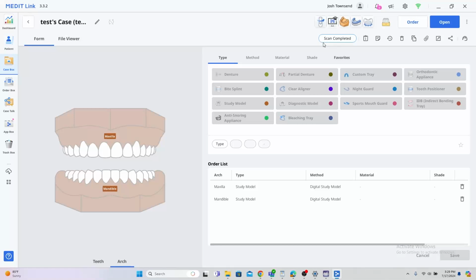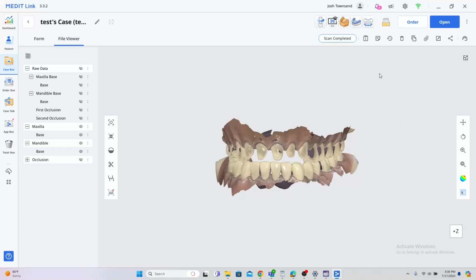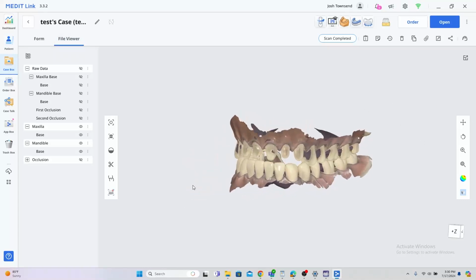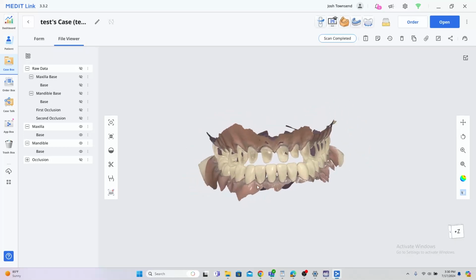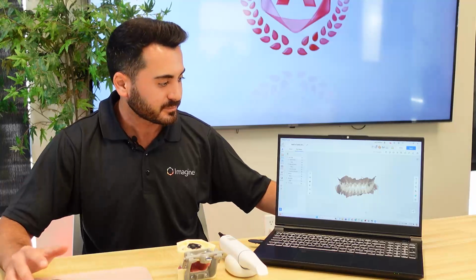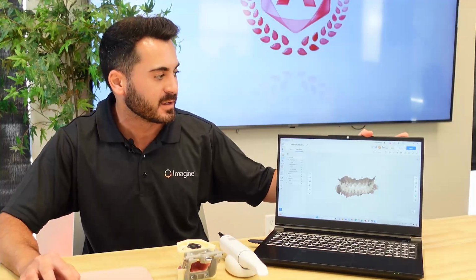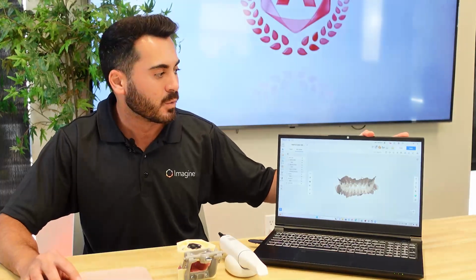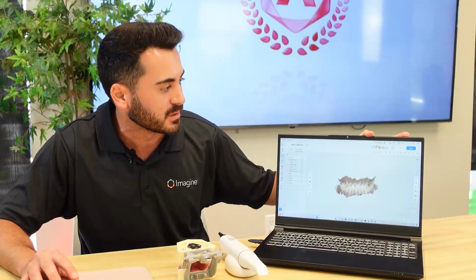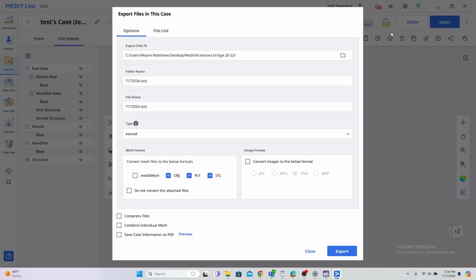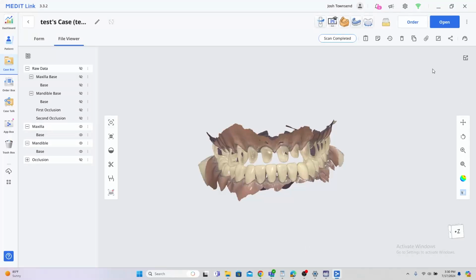And only once you see scan completed can you then go to your file viewer and view your processed scans in a higher resolution as opposed to your raw data during your scanning process. Here, you can confirm that all your data is appropriate, you've captured everything you need. And once you've confirmed your scan data, you have two options. One would be to either export the data locally to your PC, or you can actually go ahead and order the case with the order button right here,